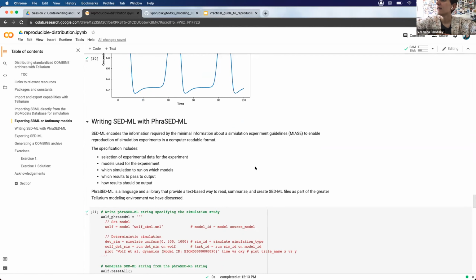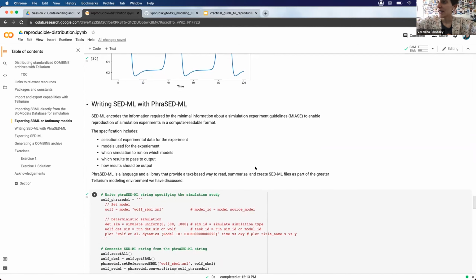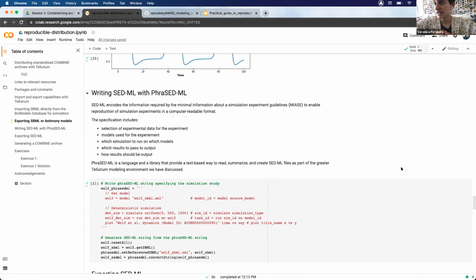Okay, so now we get into SED-ML. This is our second standard for today. SED-ML encodes a computer readable exchange format, which includes the information that's required by the minimal information about a simulation experiment guidelines, or MIASE,